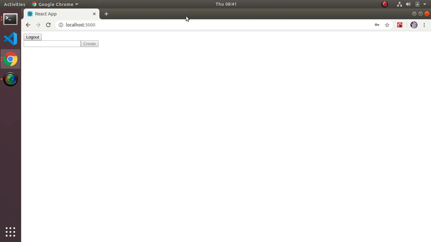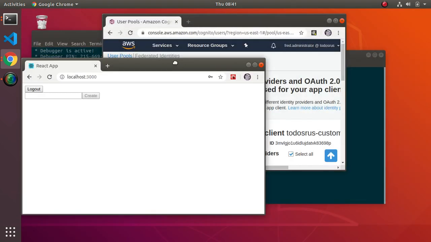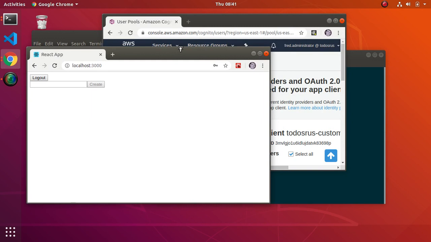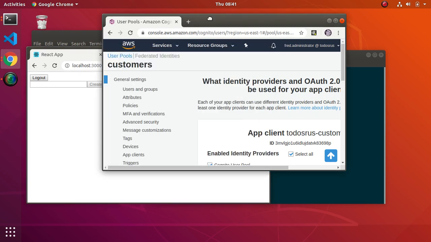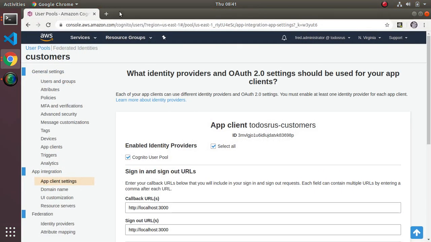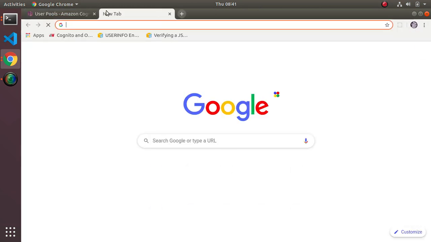Okay, so we know that it can work. The question is, how do I take the code and get it to do all this, right? The user pool is set up, but now there are code changes that had to happen. Now, there is a fair amount of complexity here. So the first thing, and I don't want to necessarily go through all the details, is on